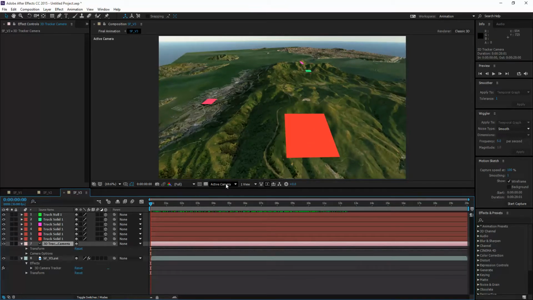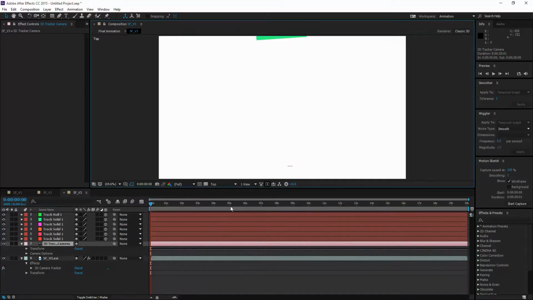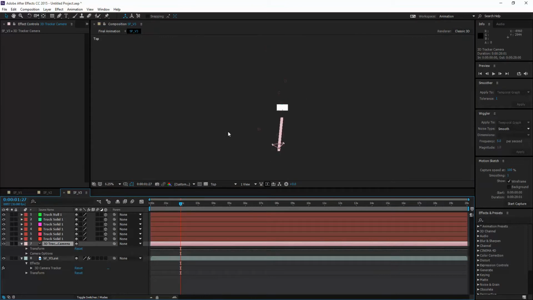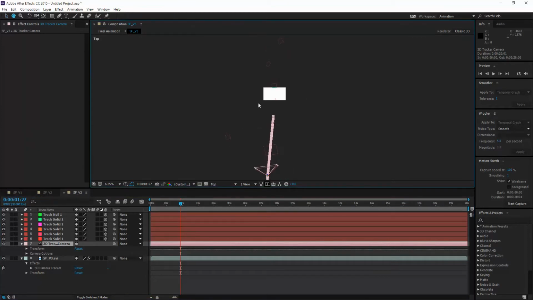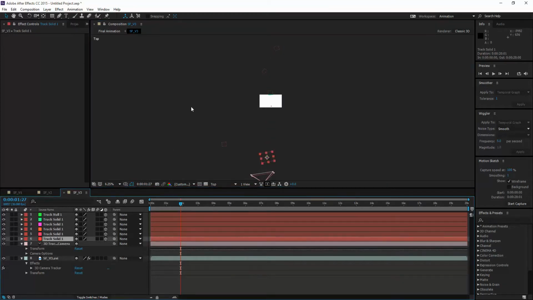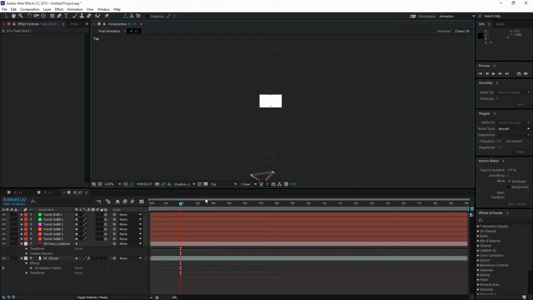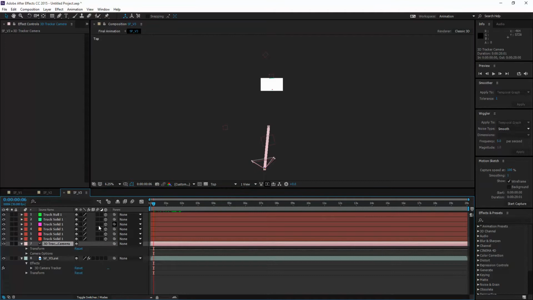What you can do now is change the 3D view of this guy by clicking on this tab right here, and you can go to top view here. And it's kind of hard to see. What you can do is use the middle mouse button to zoom out and in. These four shapes right here are shapes that we made earlier. They're just sitting outside of the workspace area. And this is our track camera. And if you click that guy, you can actually see the path that it's moving on. So now you can see this is the camera path as it moves through the space,